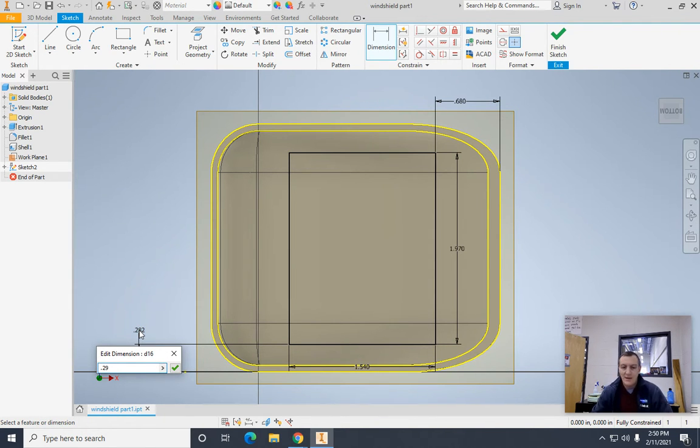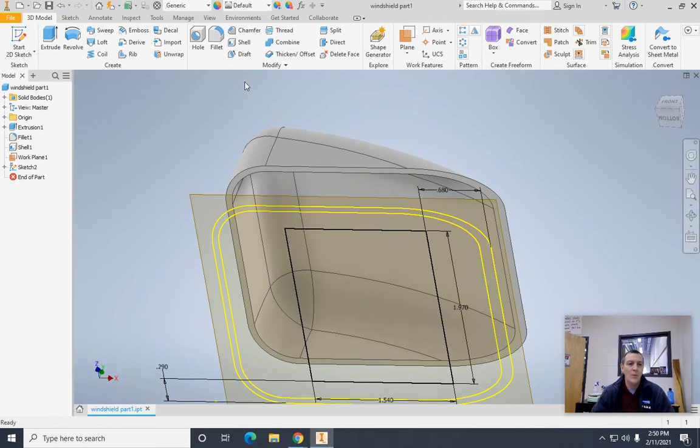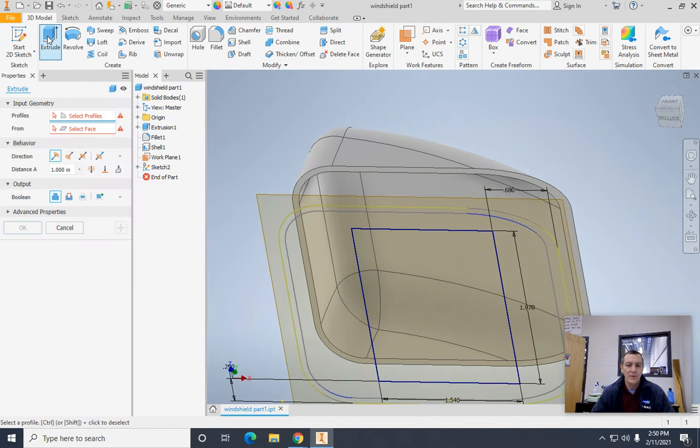0.29, and then hit enter. And so now we know we have that rectangle in the right spot. And that's very, very important to get that done. So now we'll go ahead and finish the sketch, and we will extrude that piece, that rectangle, into the top